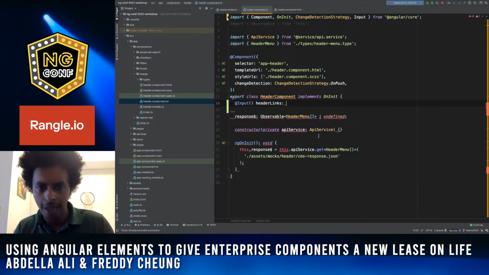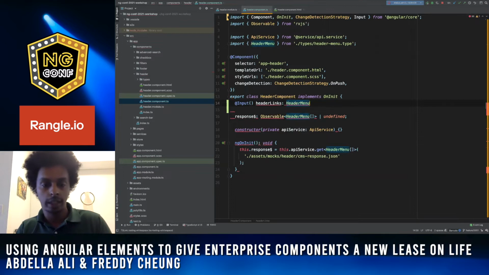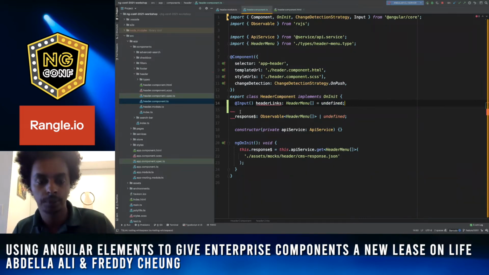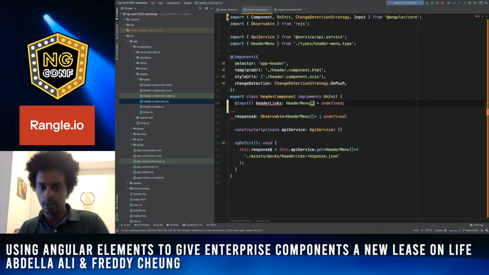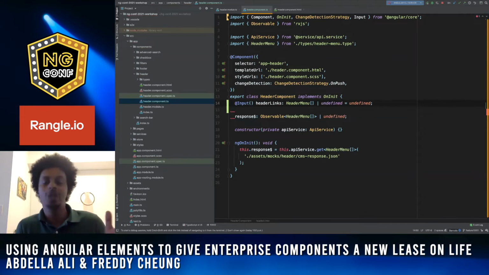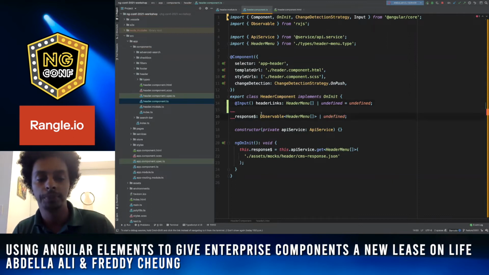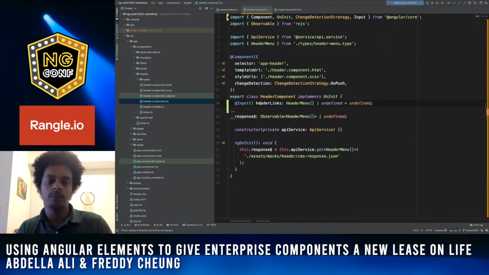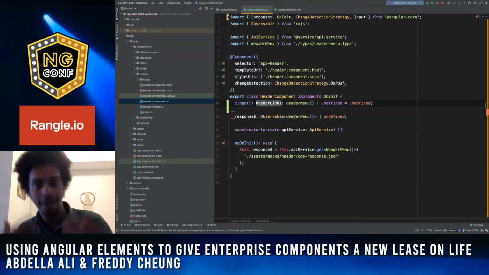In fact, I think, do we have? Yeah, we do. Header menu right here. Freddie's already great and made some types for us. So we'll say this should be an array of header links. And we'll just start off with an empty array. Oh, you know what? No, I'll start off undefined. I'll keep it the same. Undefined, right there. So why are you complaining? Well, you can be that or undefined then. It was saying that it couldn't start with undefined, it had to start with the header menu array. So I told it it can be a header menu or undefined, and that works fine. So we have this input now,